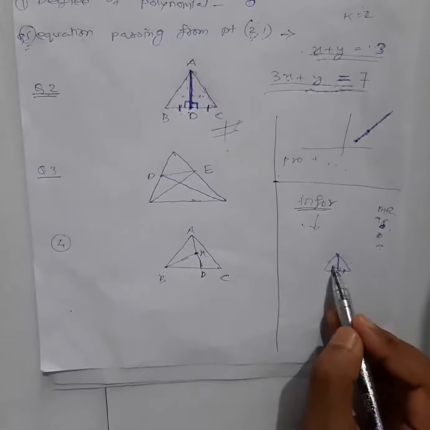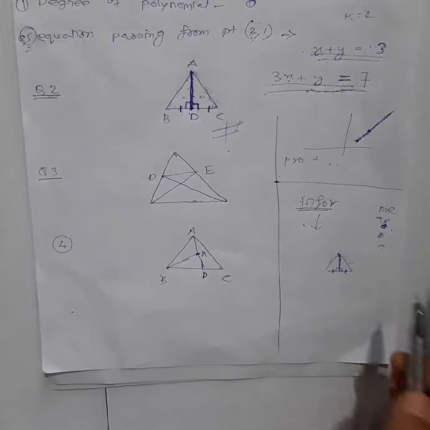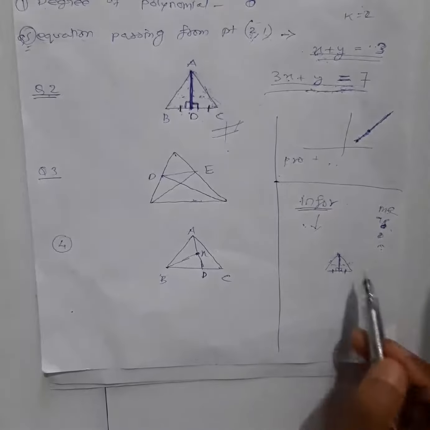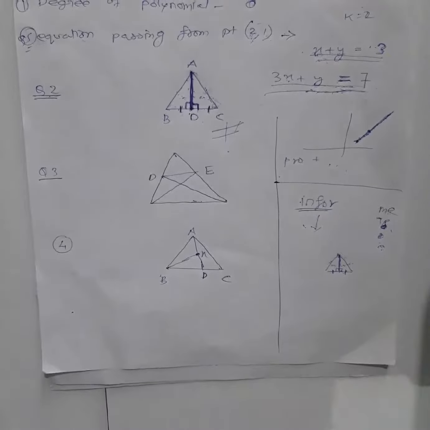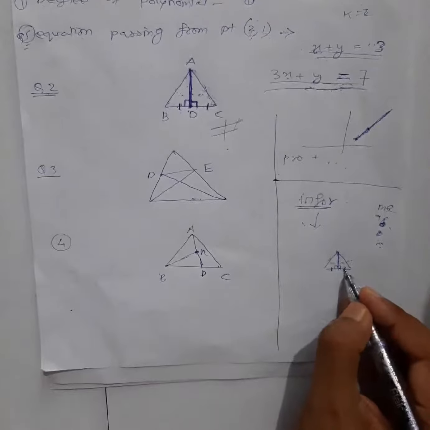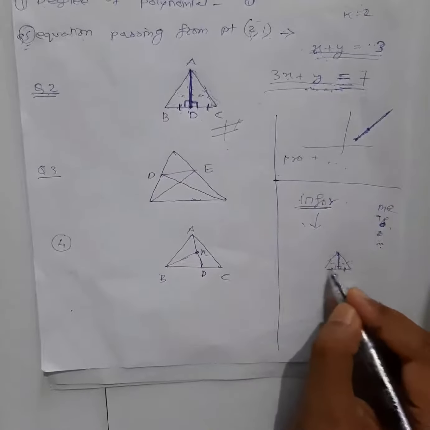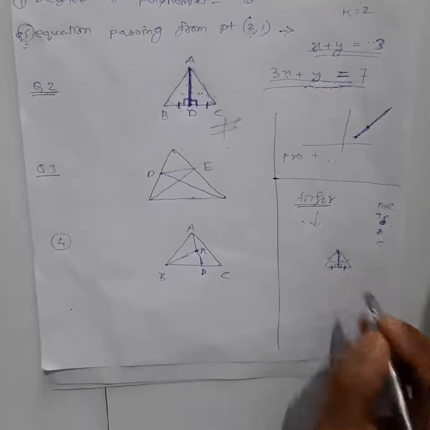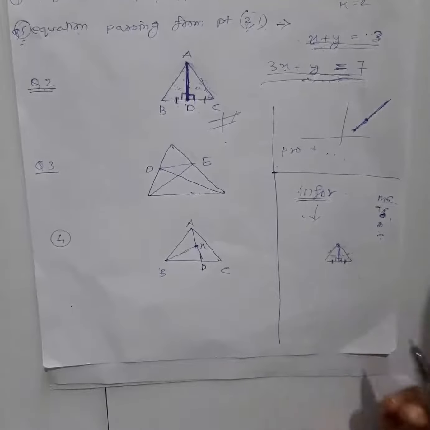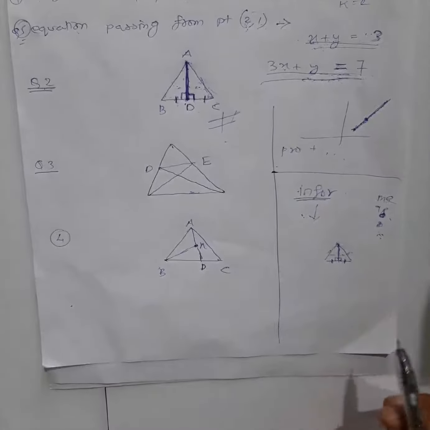So mostly I said that in triangles, if you can show they are congruent, you can easily say this is equal. Why? Because in congruent triangles we know corresponding parts are always equal, right? So side angle side, angle side angle, you can directly analyze. Once you write down the information in the diagram well, and analyze a little bit, you can easily figure out how to find the solution.